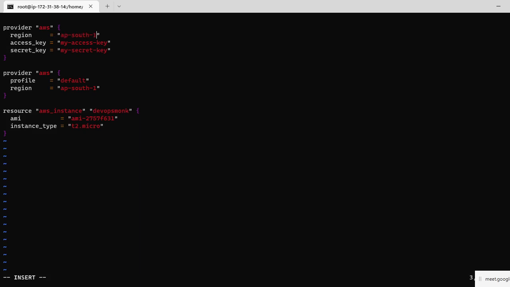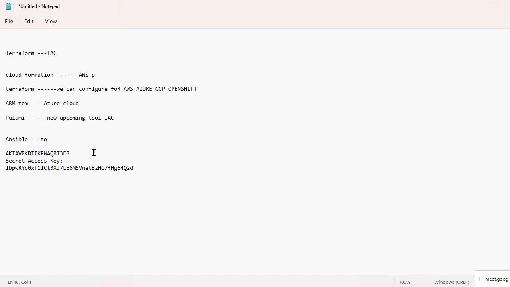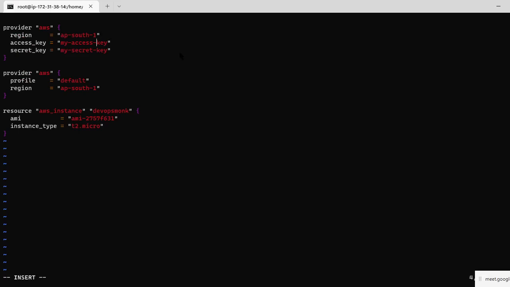Just paste this and my access key. This is my access key. And then my secret key.